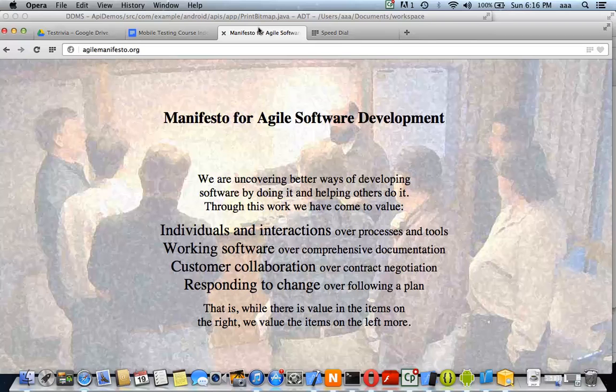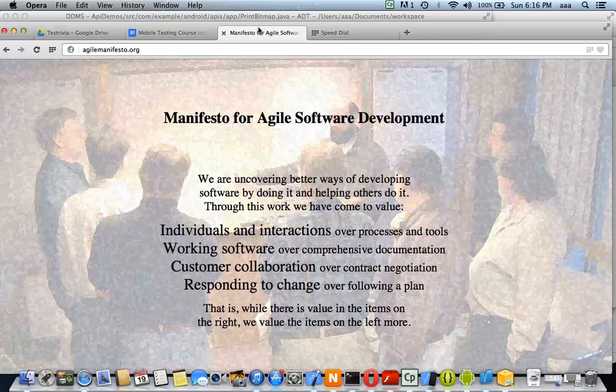Through this work, we have come to value individuals and interactions over processes and tools, working software over comprehensive documentation, customer collaboration over contract negotiation, responding to change over following a plan.